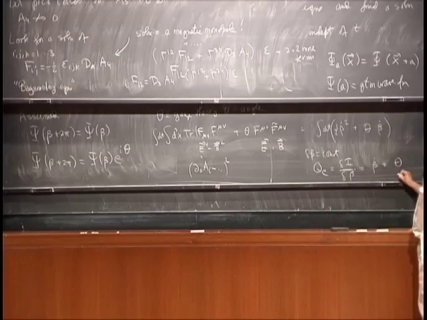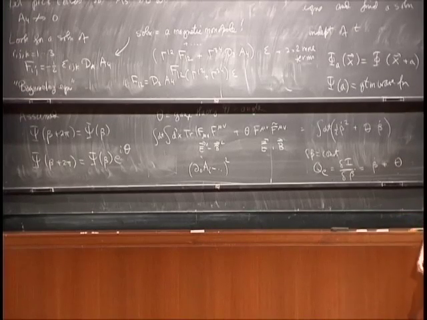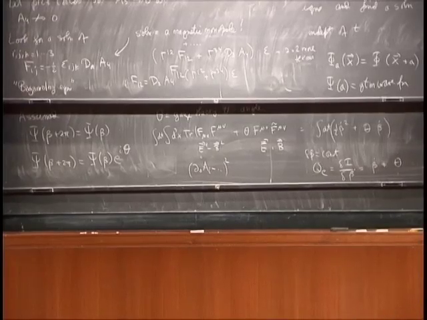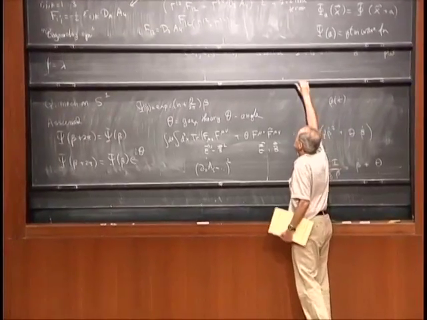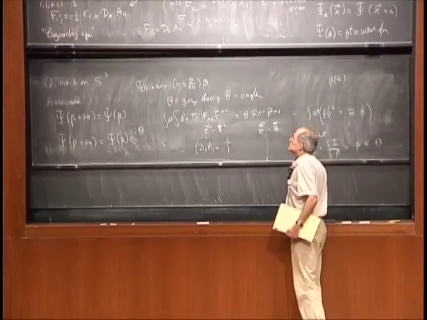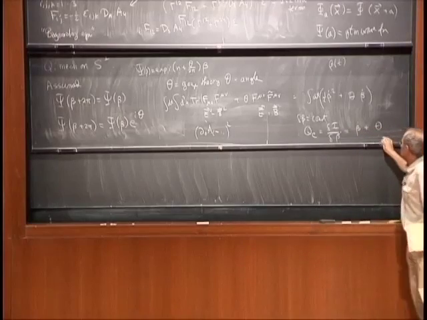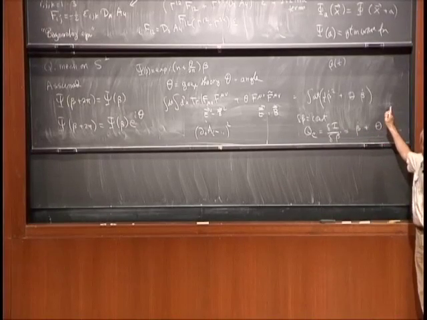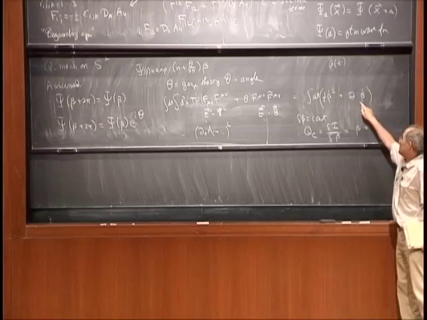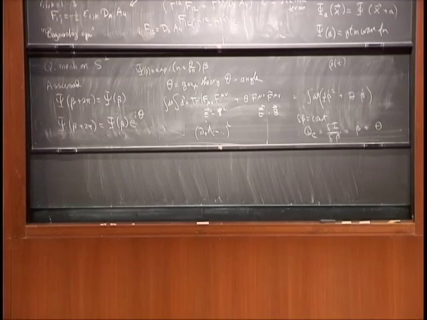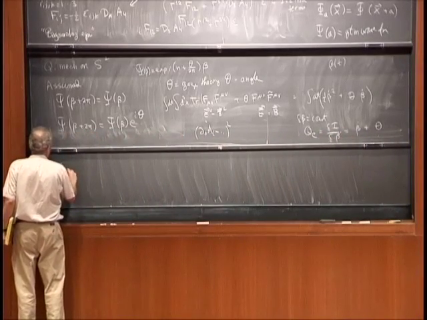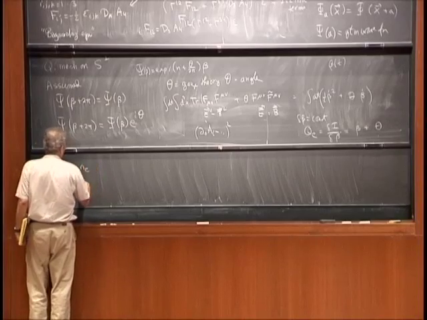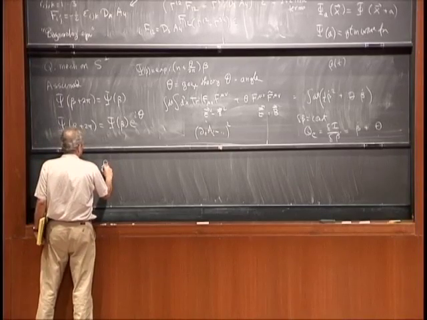So the theta term shifts the values of the electric charge. I'm cheating slightly, and I can't quite see how to fix it at the moment. There's something I'm not quite remembering, but when we do this, we find, because of this term, that the values of the electric charge get shifted by a constant. So instead of the electric charge being an integer, which I'll call NE, it's actually an integer plus theta over 2 pi,